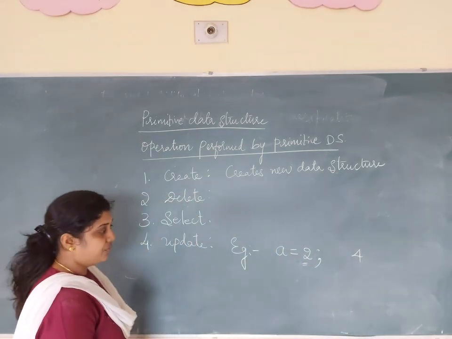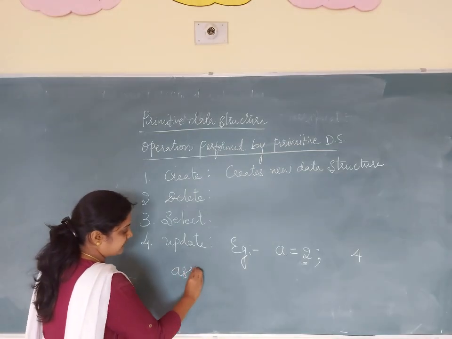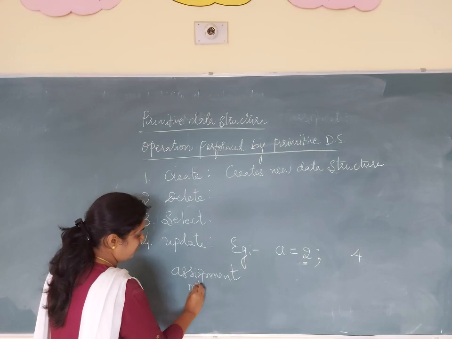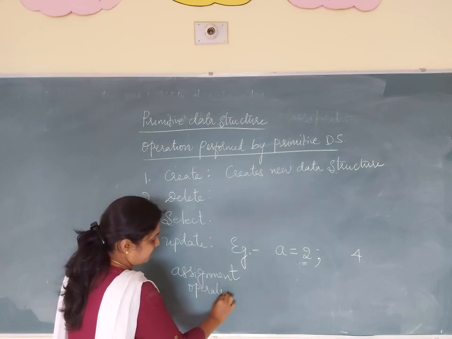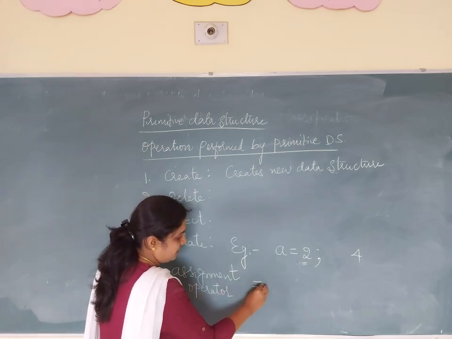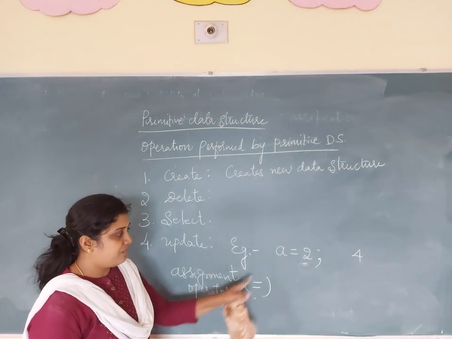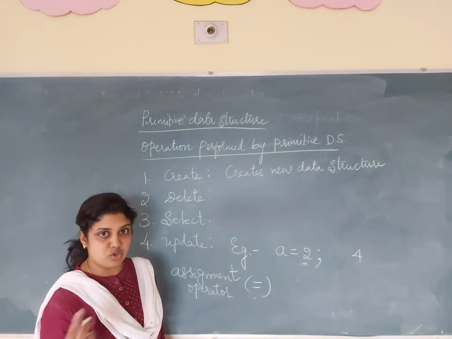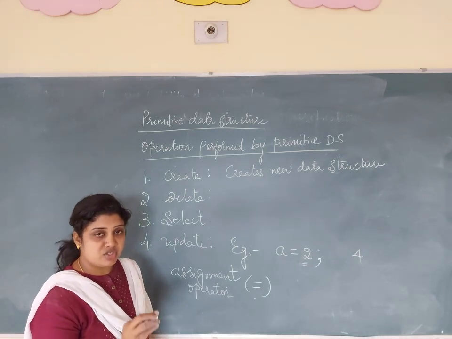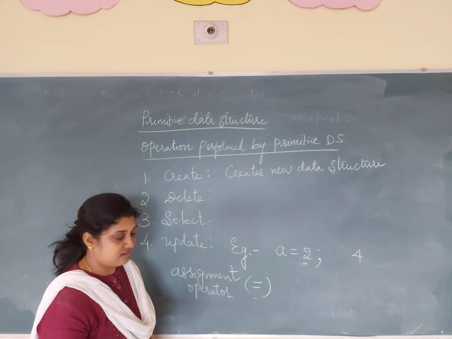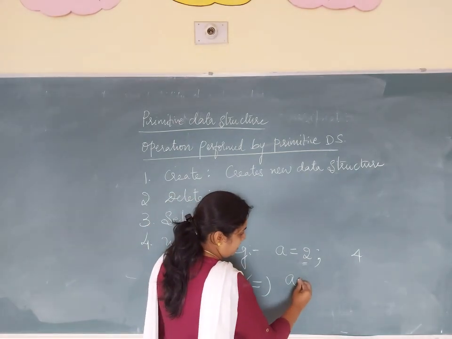So what do you have to do? You have to use the assignment operator to update the values. What is meant by assignment operator? This equal symbol we call the assignment operator. Before I had a = 2. Now I want to change my data to a = 4. I want to reassign. How are we going to do it? a =